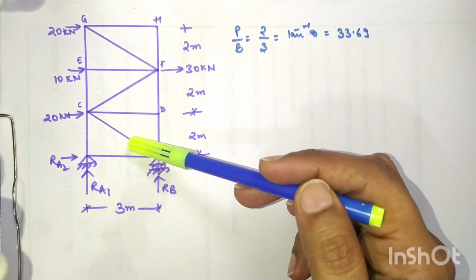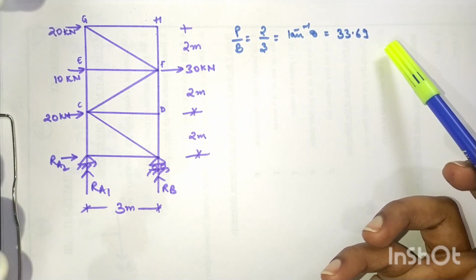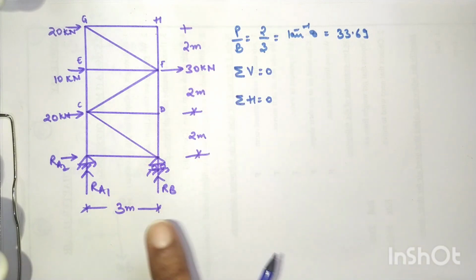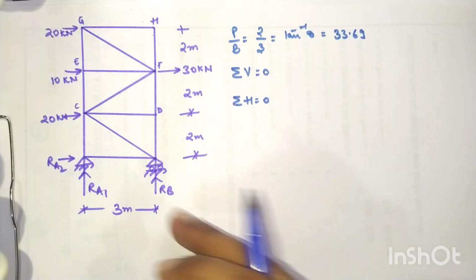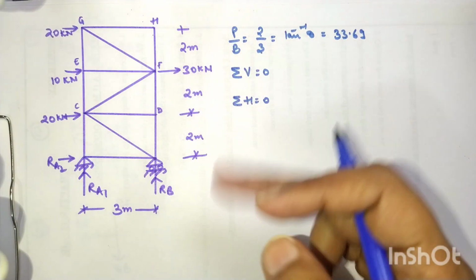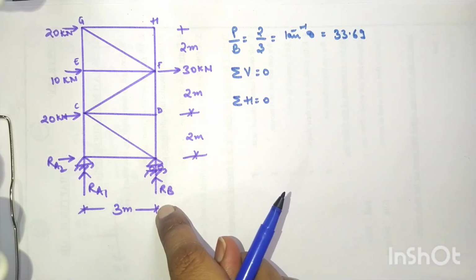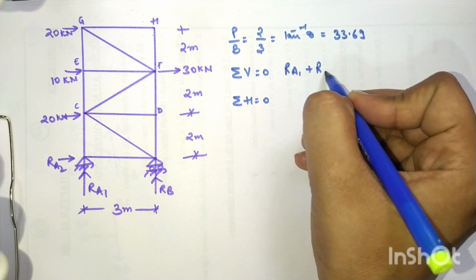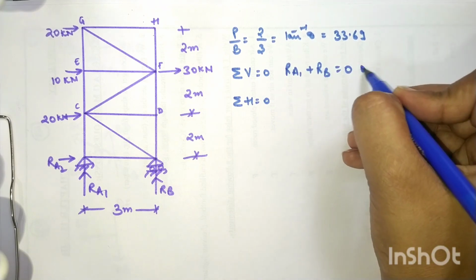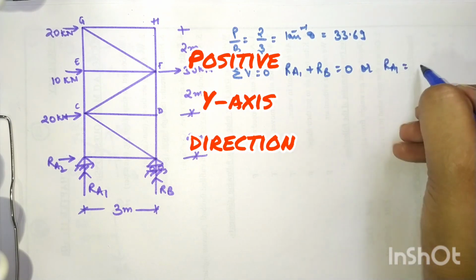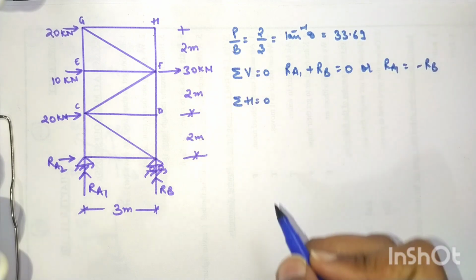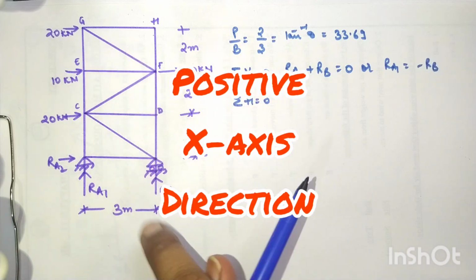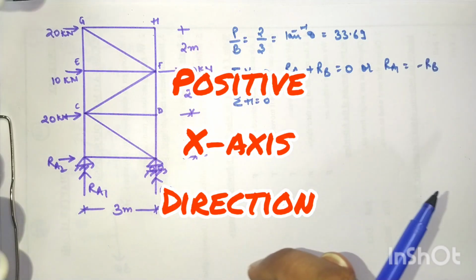So we drew a perpendicular upon the base and found the angle of inclination here. Now it is the turn of the reactions. We have summed up all the horizontal and vertical forces to find out the reactions. So first is vertical forces, there are no vertical forces, so RA1 plus RB is equal to 0, so we have this relationship. Next is all the horizontal forces, since all the forces are horizontal, we'll be summing up all.